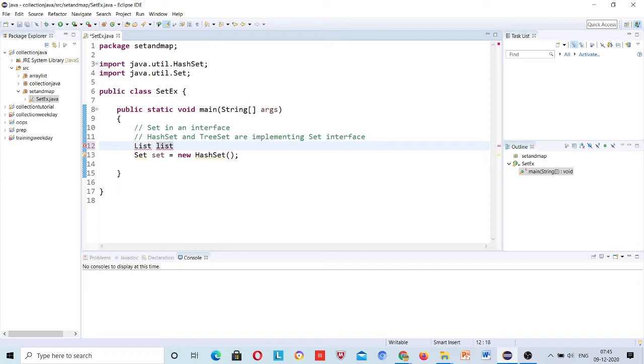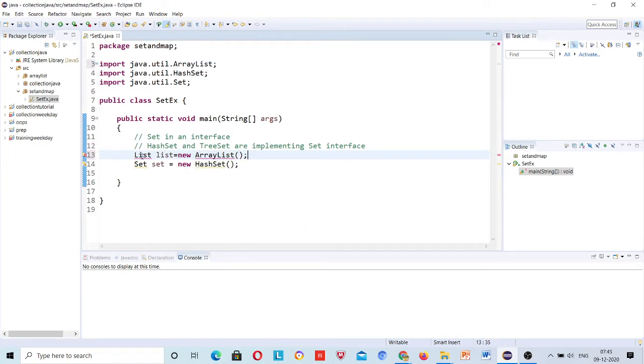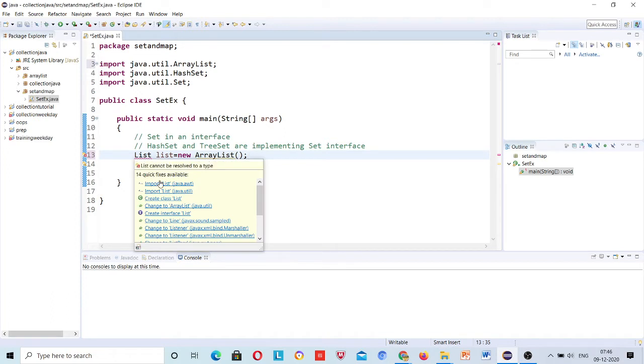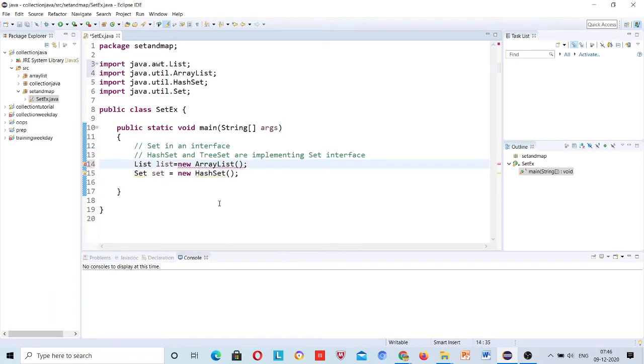List is equal to new ArrayList, and import, right?